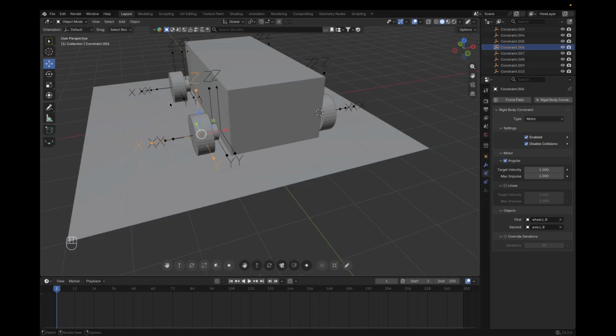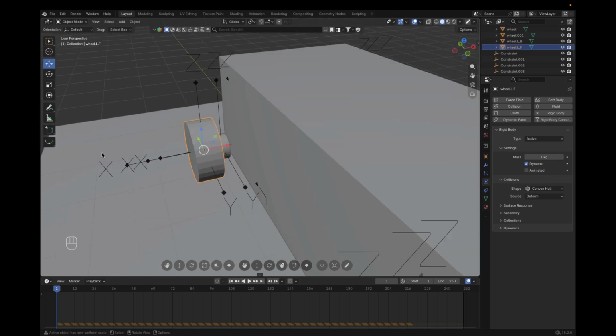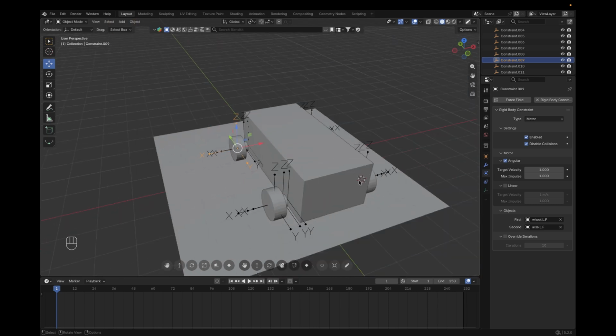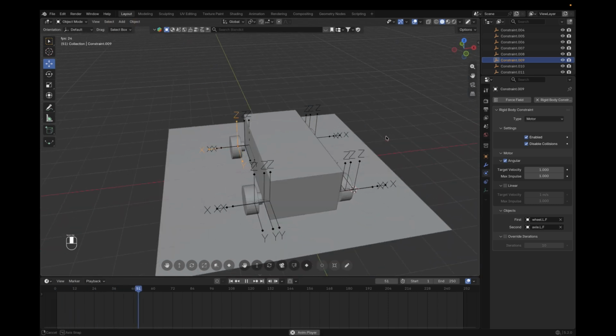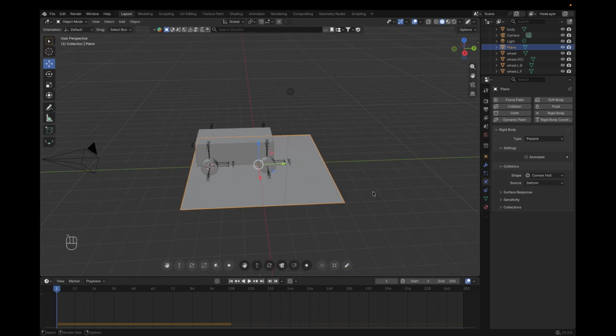Then for the front wheels as well, I just select the motor constraint, which is the farthest one here, and then I'll need to swap this as well. Just select the wheel and then select the axle, and now when I press spacebar I can see it's moving forwards. So just extend this a bit,